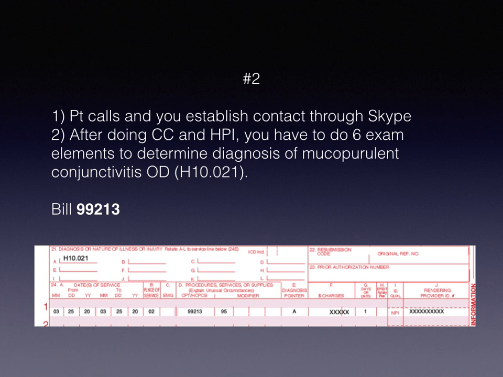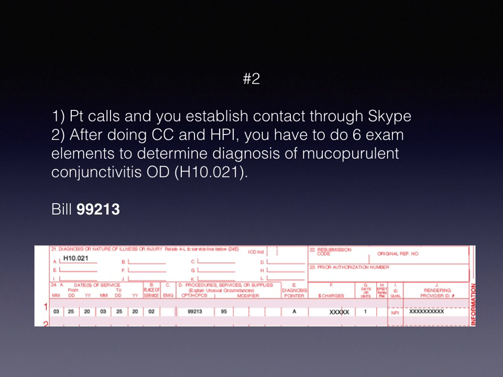Next one is patient calls and you establish contact through Skype. Again, you're using the synchronous type of communication. So after you do your chief complaint and HPI, you're able to do, or need to do, 6 exam elements, and determine the diagnosis of mucopurulent conjunctivitis OD. Again, since you've done 6 exam elements, you're able to use the 99213 code. Your diagnosis code is H10.021. Place of service is 02, 99213 code, modifier 95, and A, again going back to your